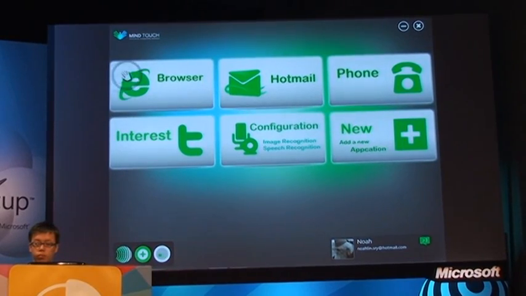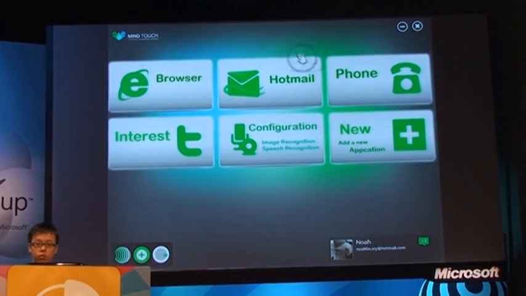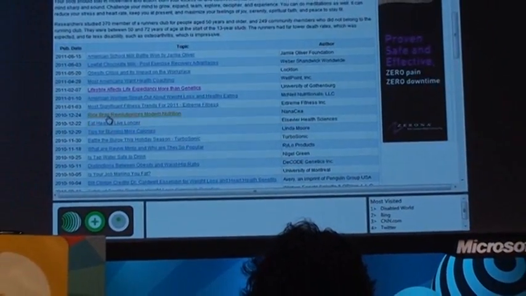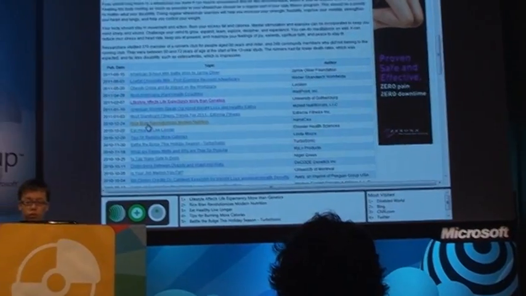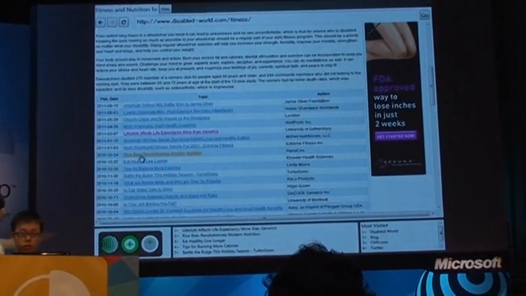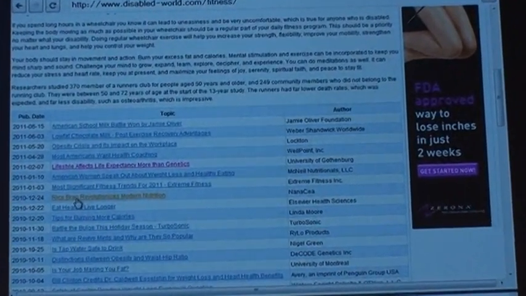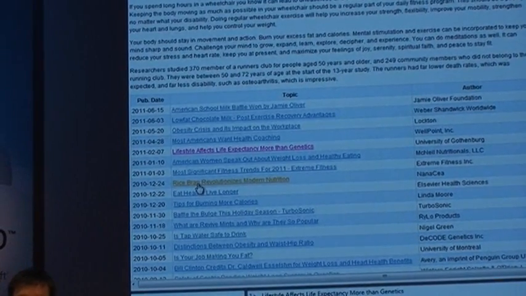Noah is moving his head to control the movement of the cursor. Browser. Mouse button left. Mind Touch. Scroll down. Scroll down. Now you are seeing the hyperlinks at the bottom of the web page with a number right in front of each. He can speak out the number and get into the hyperlink easily. 1.